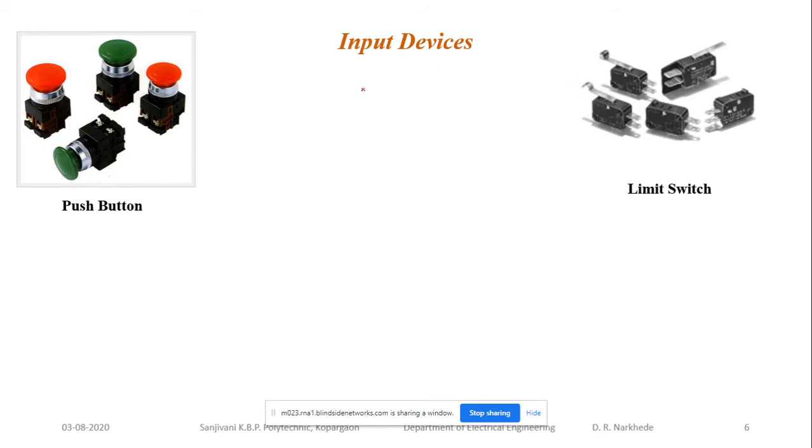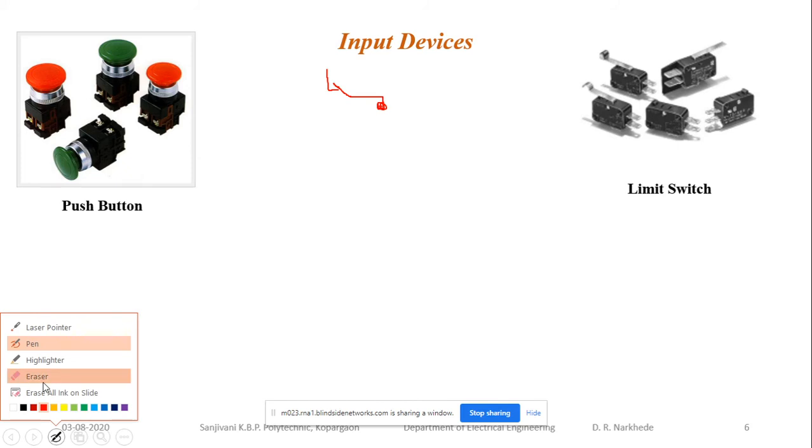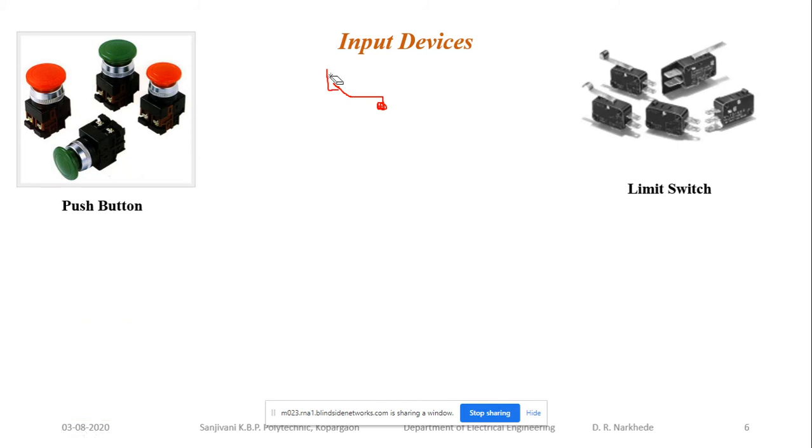There is a roller. Say I have placed one limit switch over here. So this is the roller of your limit switch. ओके, आणि या रोलरमध्ये एक असा कॉन्टॅक्ट दिलेला असतो. It is going to depend on some limits, which have NC contact as well as NO contact. Okay, so depending on the position of the roller, it is going to make the contact with one point or it is going to break the contact with the second point. So we are going to consider only one point over here.